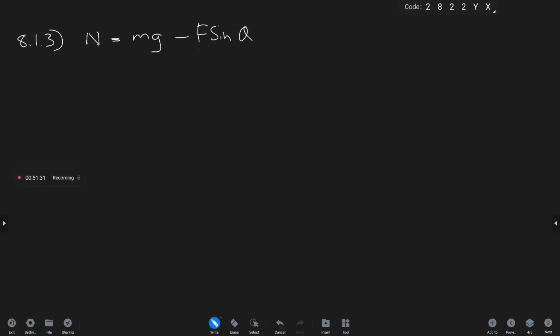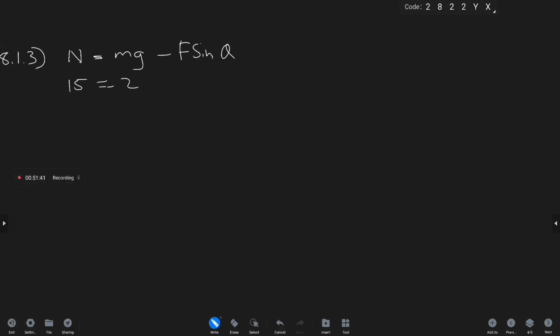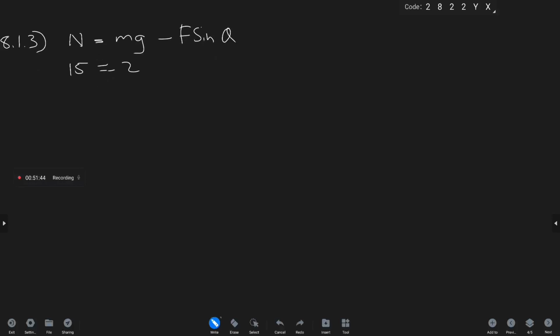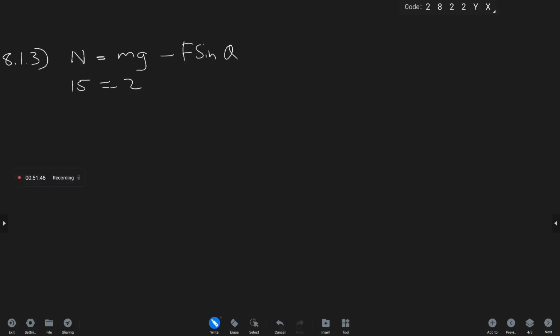Right. So now, substituting back the information, we've already calculated the normal force from 8.1.2, which is 15 newtons, and then the mass of the object is 2. Acceleration due to gravity is also a constant of